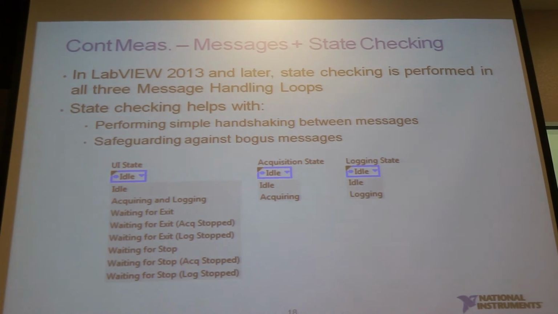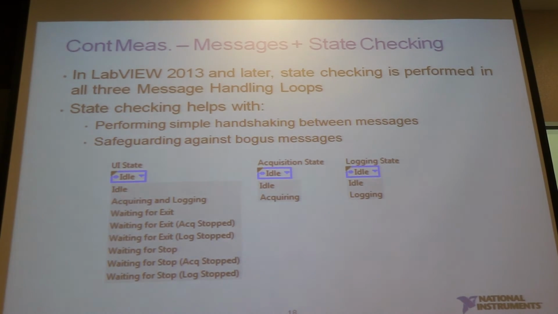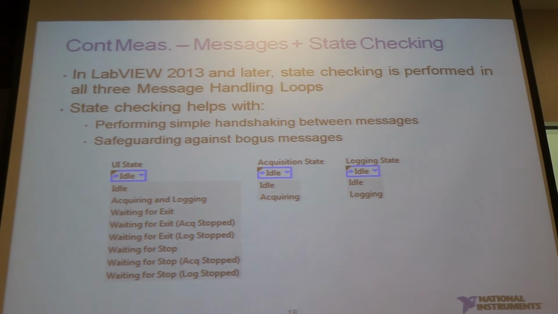Final portion, this is just something that you need to take note of. You will see that we have what we call state checking in every loop. This is only implemented in 2013 and above. Basically, this is just to make sure that it's not going into a state that we don't want. For example, if the acquisition state is idle and you send in an acquiring state, then it can go into acquiring. If it's already in the acquiring state, you don't want to make it go to the start acquiring state again.